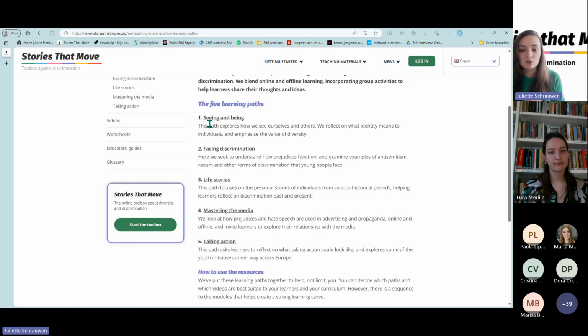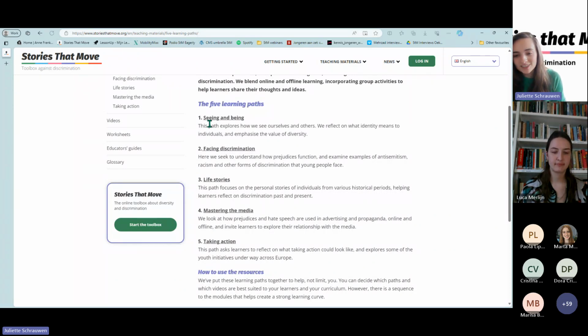Then the third one is life stories. It's about historical stories because unfortunately discrimination has been around for a really long time. So you can also look at stories from people from a while back. One of the stories in there is of course Méprise, because she's connected to Anne Frank as well. Then the fourth one is about mastering the media, which is connected to the media. So you're learning also about disinformation, how the media influences us. So how does this work with our world now? Because a lot of it is online. So youngsters also tell their story about that part.